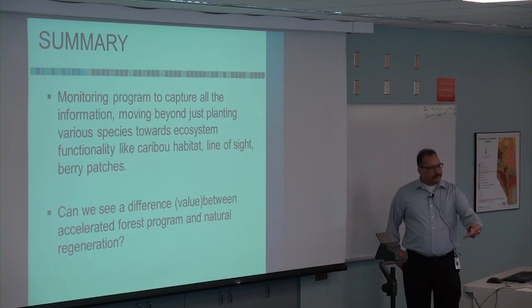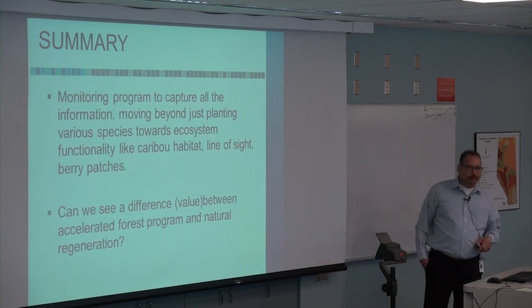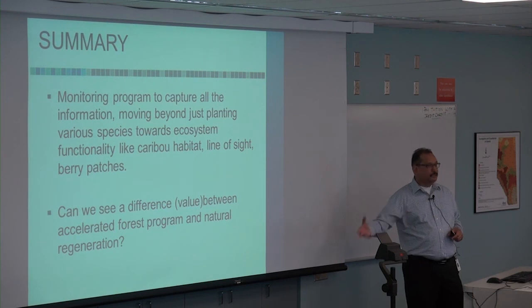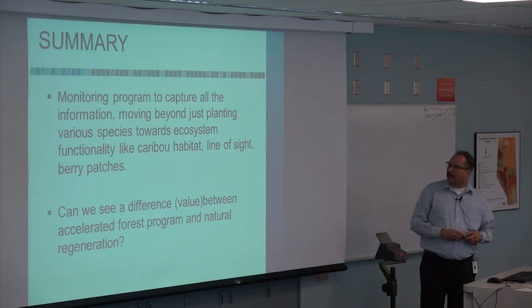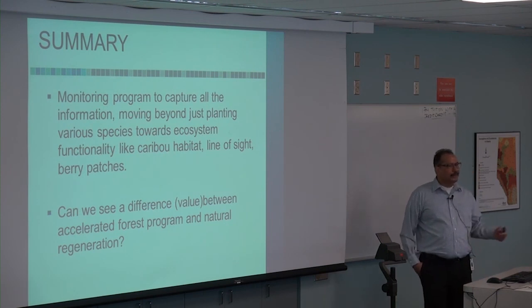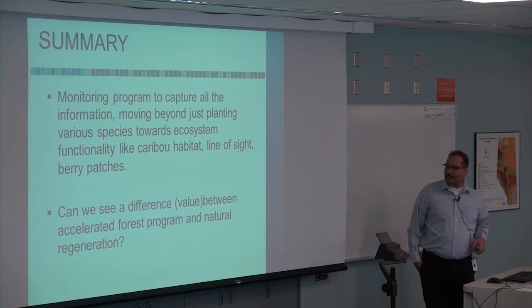So starting this year, we're going to start a monitoring program, trying to go back to those sites again, look at the value between sites that have been left by themselves to revegetate and those that have been planted, and see the right trajectory and so on. If those sites can be used, for example, for what kind of habitat we're going to provide for the wildlife, whether it's for caribou and things like that. So those are the things we're going to look at in terms of the value this program will bring